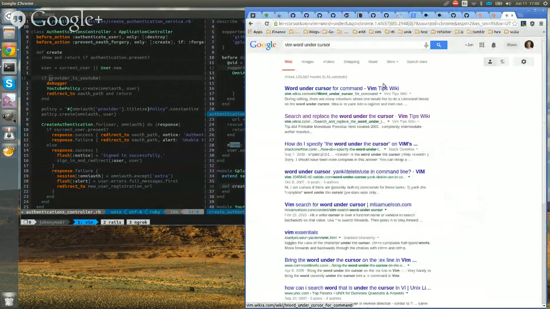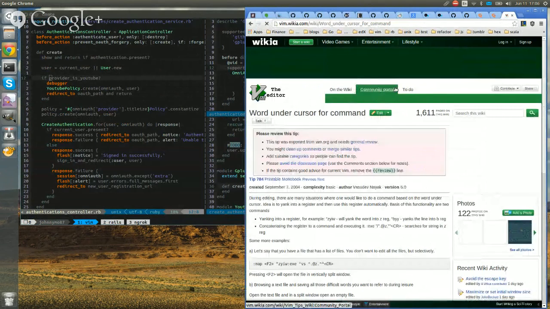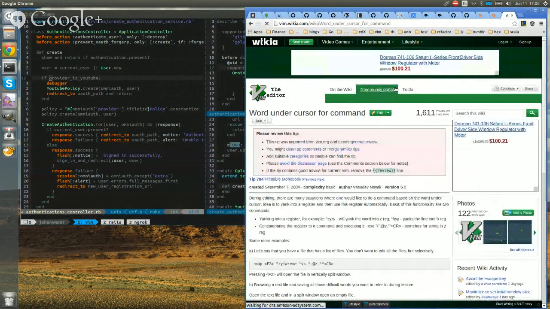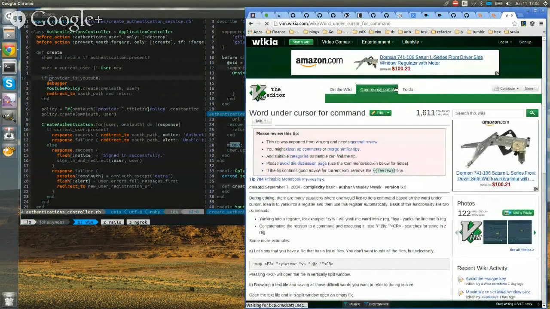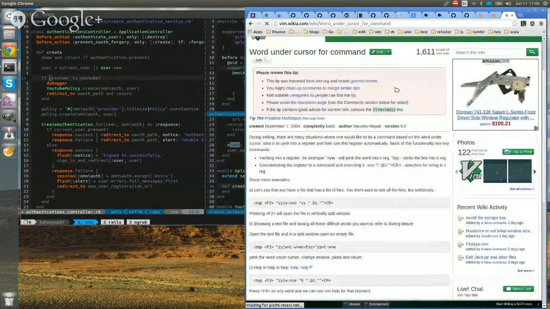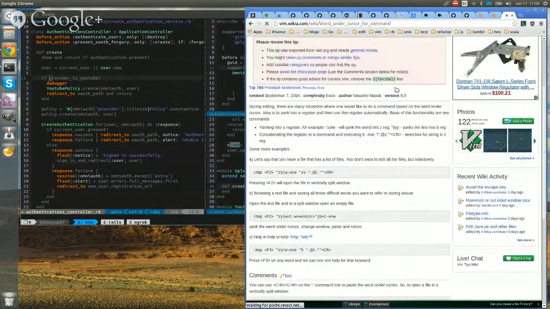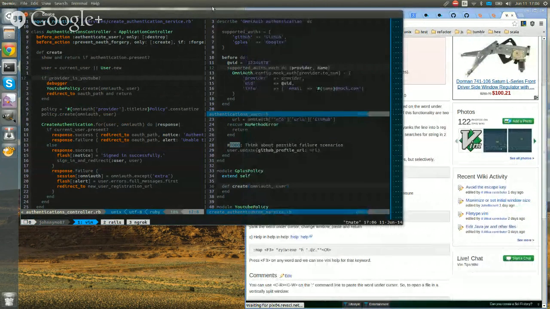There's got to be. What is it that you want to? Like delete the current word? Well, what I want to do, yeah, probably the best way is just yank word and then slash control R